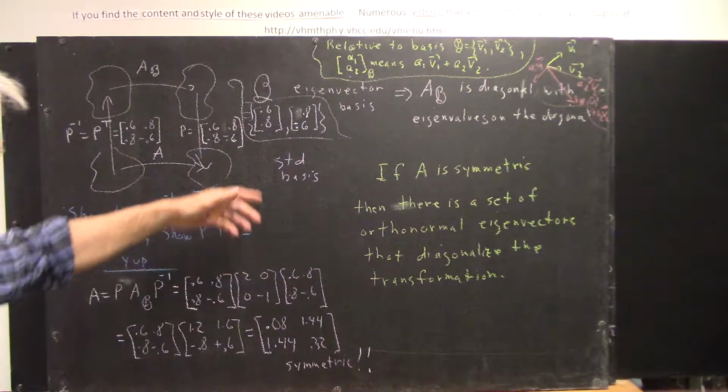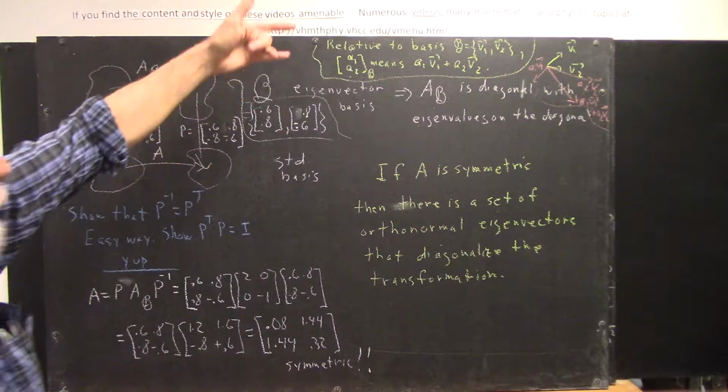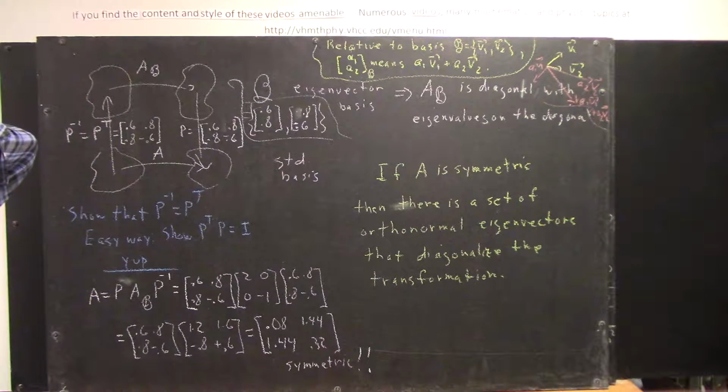Might be the same, might be a different eigenvalue. Because of what we're saying here, this matrix would have to be diagonal, because